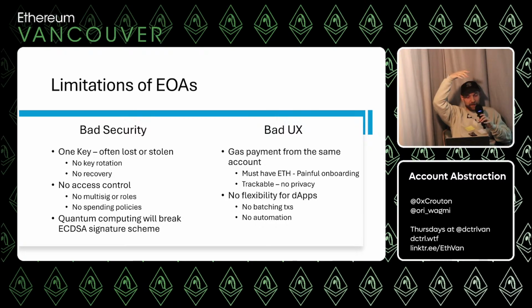And I just saw someone on Twitter complaining about this the other day. They were trying to help somebody get set up, their first time getting off of Binance or Coinbase or something. They sent USDC to their EOA, and then the person asked, hey, why can't I spend this? Oh, you need gas. Okay, so they sent Ethereum to their EOA from the centralized exchange, but they sent it on the wrong chain. It was on Ethereum instead of Arbitrum. So now I have to bridge it to the chain, and now I can actually spend it. And then they just gave up and said, okay, screw this, I'm done.